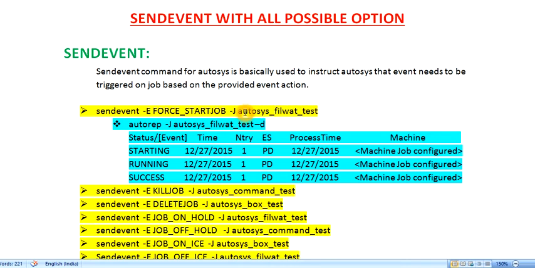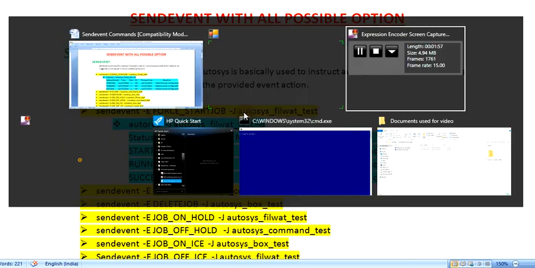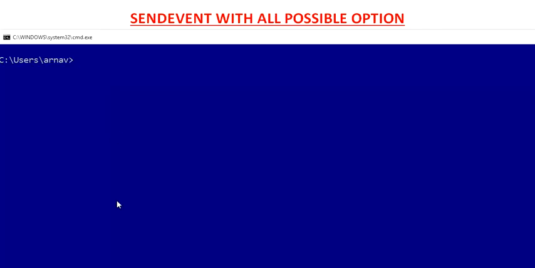What you need to do is go to your Unix terminal, and within this you need to type the command which I have mentioned in the document.